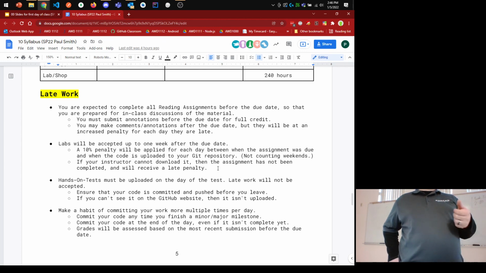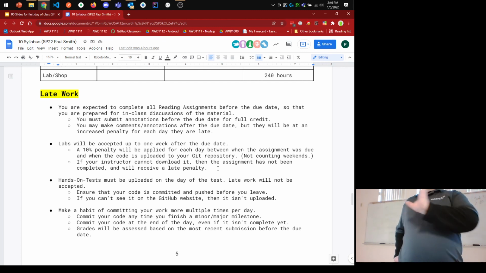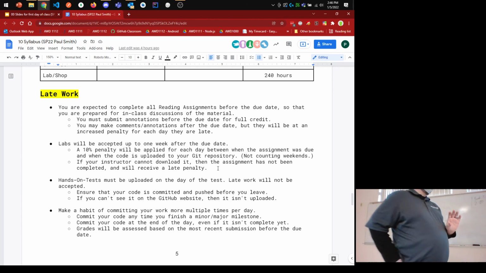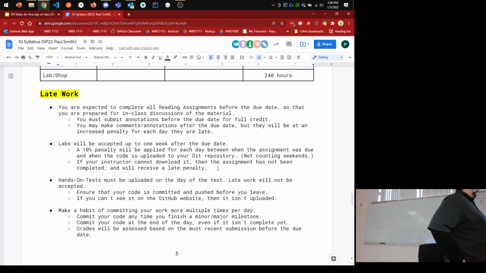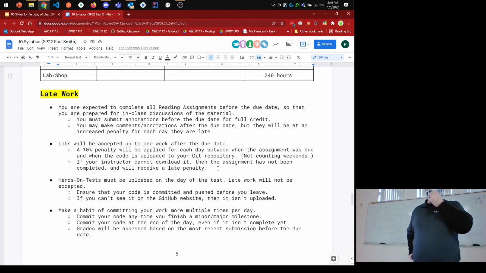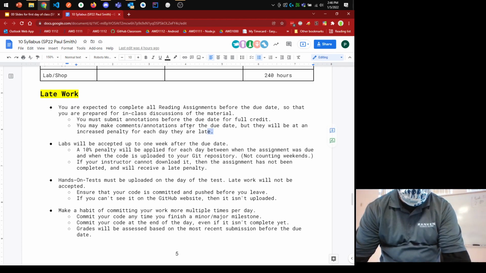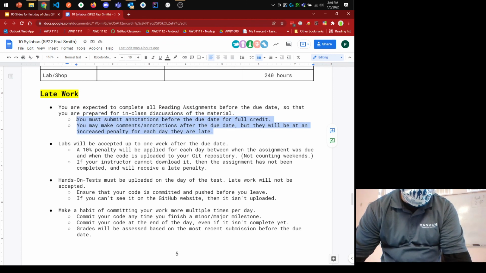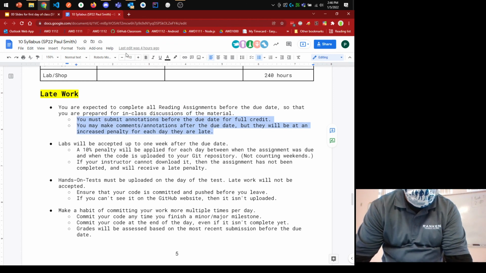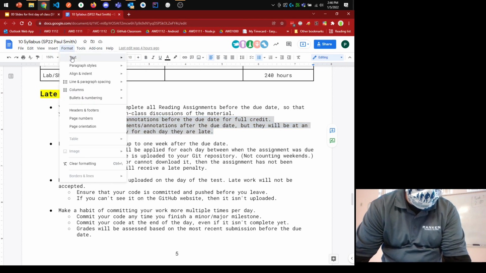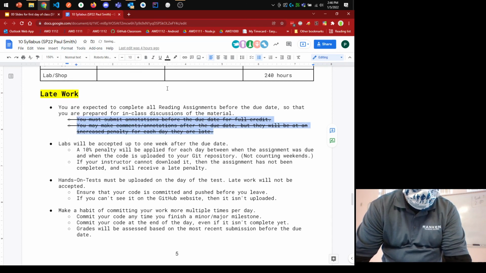Those are things I expect you to do in the days leading up to the due date, so plan accordingly. Oh, and I should take those things off because as I said, we're not going to be doing the annotations